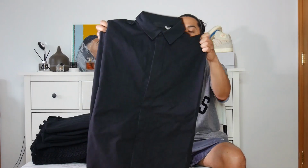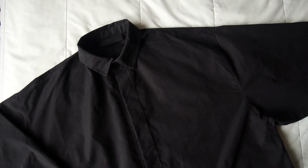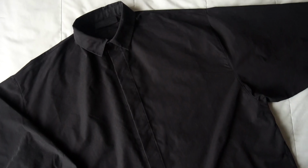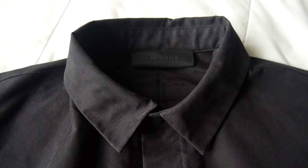Next up, we have this right here, one of the pieces that I was looking forward to seeing. This shirt jacket, or it's not a jacket, but it's definitely a shirt jacket because it does have buttons. It does have concealed buttons, as you can see right here. They are all tonal. The one button that's not concealed is the very top button, and this collar is really